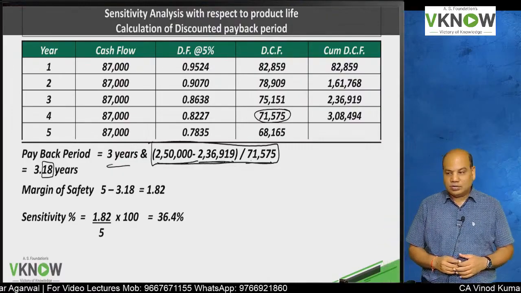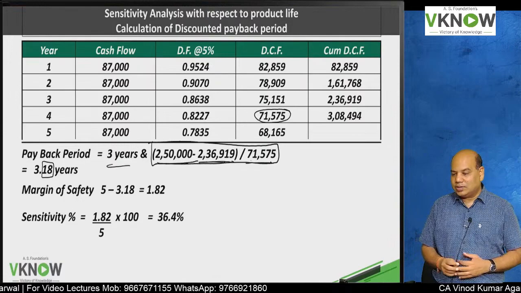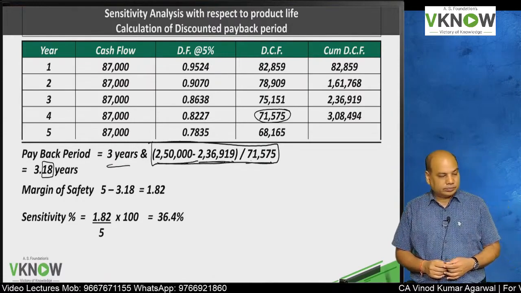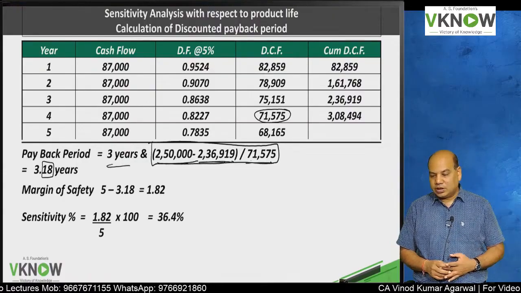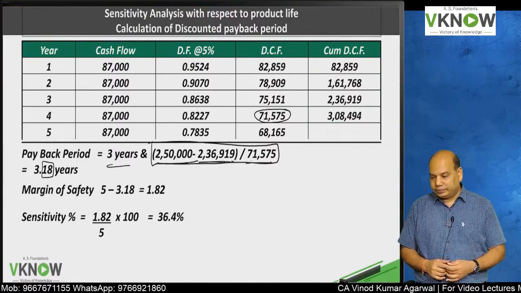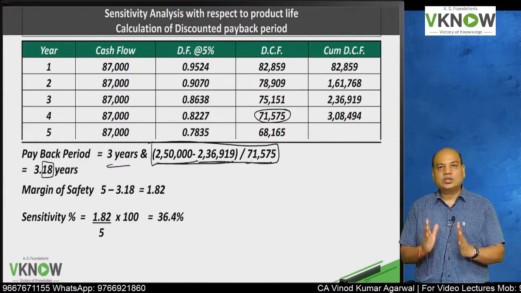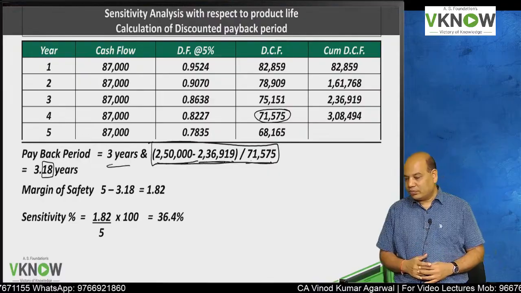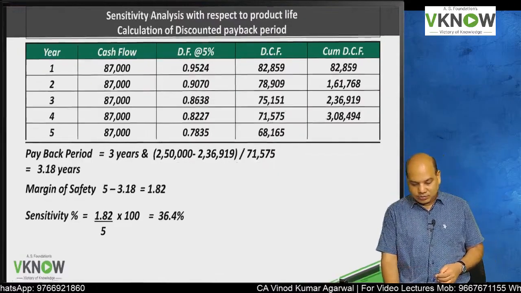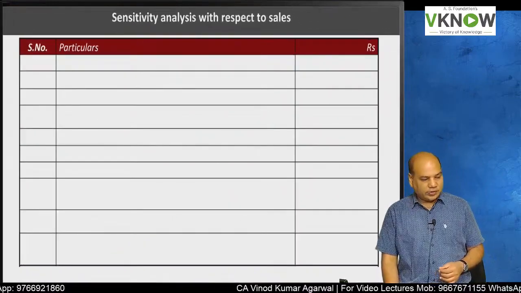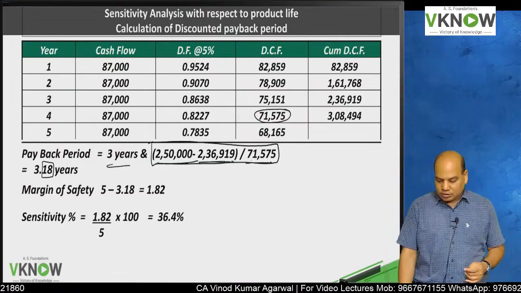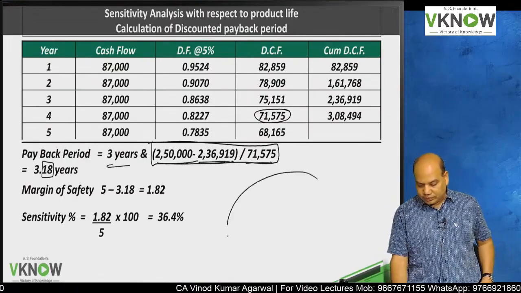Margin of safety divided by initial estimate is sensitivity percentage. Please write. Sensitivity percentage equals 1.82 divided by 5 into 100. Are you getting 36.4%? Are you getting 36.4%? Yes, 36.4% is right. Since you are a good student,